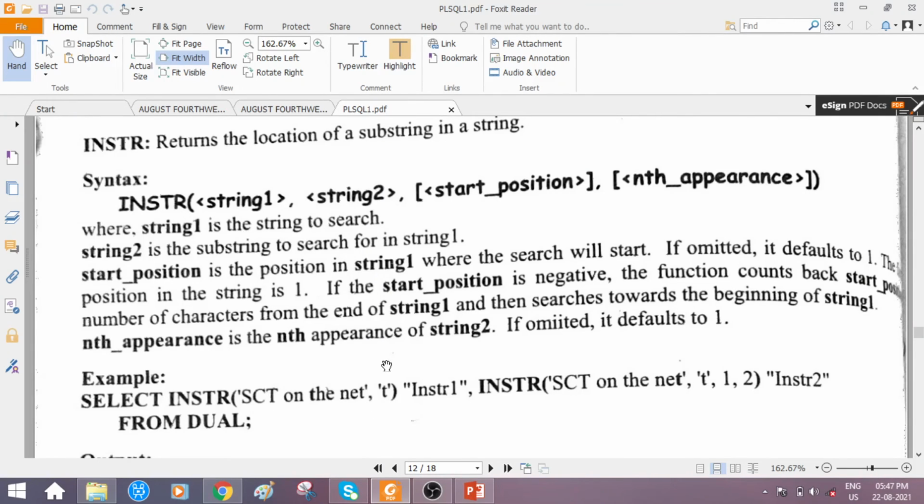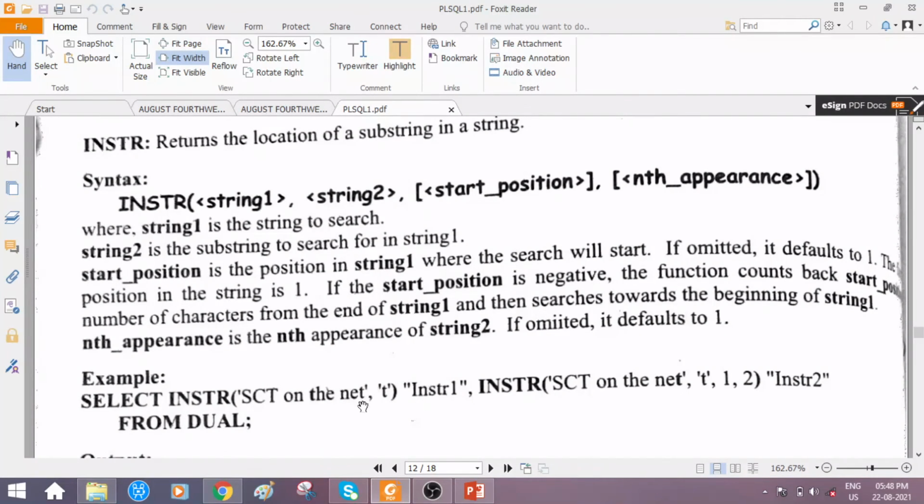And string 2, that is the substring, is given as lowercase t. Observe here, the start position we are not giving, and the nth appearance also we are not giving as an argument. So it means the first and second arguments are important. It is no issue if we do not attach the other two arguments.